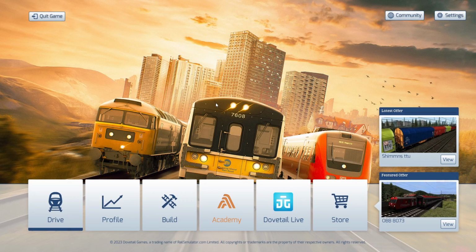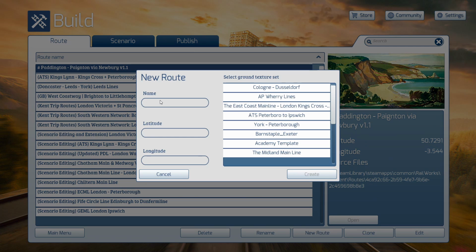We are now in the game, and for this mini-series I'm going to do a railway that is close to my heart, and that is the East Somerset Railway. It is about 2 miles long, so it is perfect for this. We're going to call the route that we're going to be making East Somerset Railway